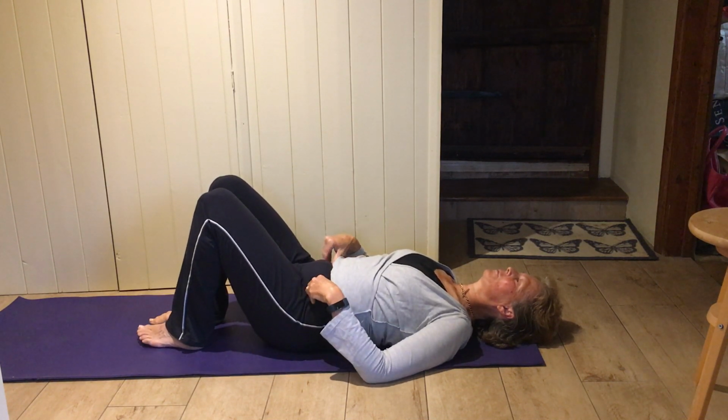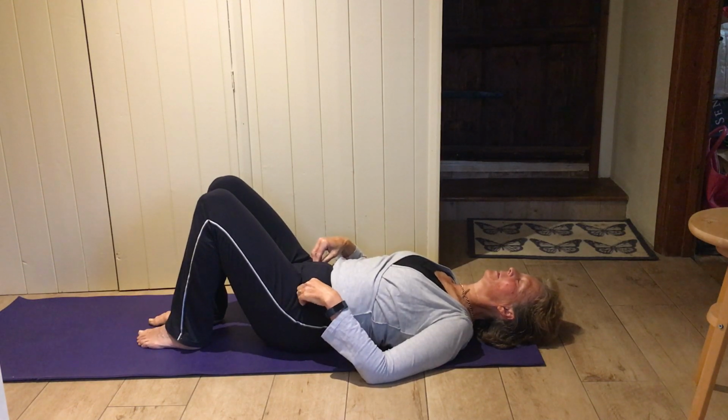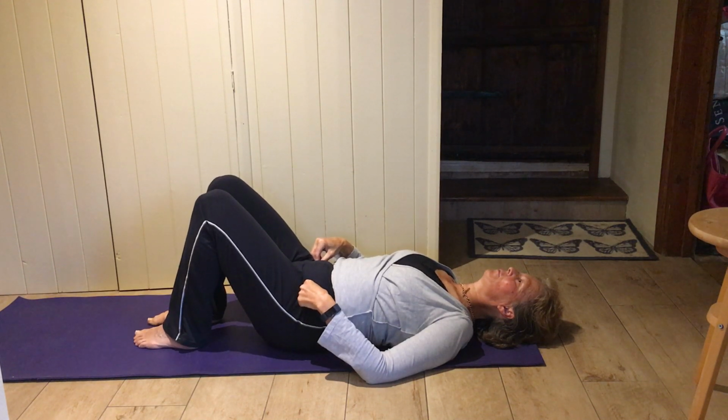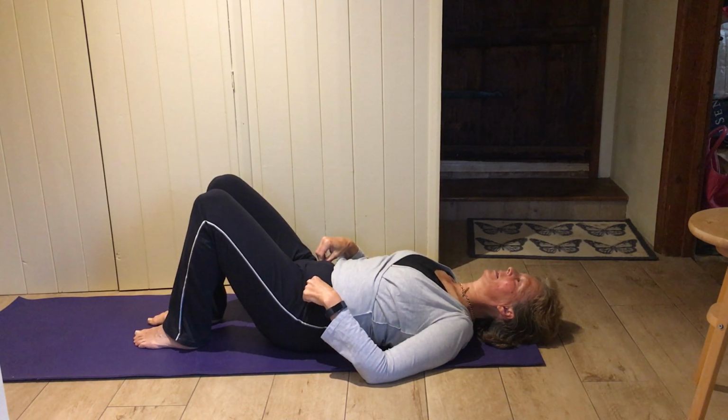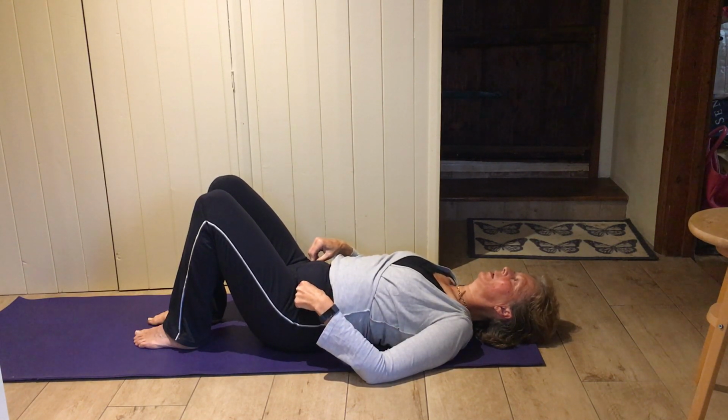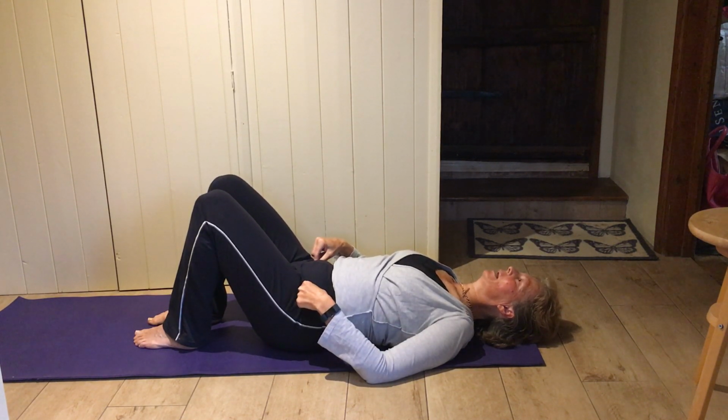And then maybe just find your hip bones in the front there. Think about the little gap between your lower back and the floor. And you're just gently going to flatten your back into the mat and then gently arch your back away from the floor. And again, flattening down,